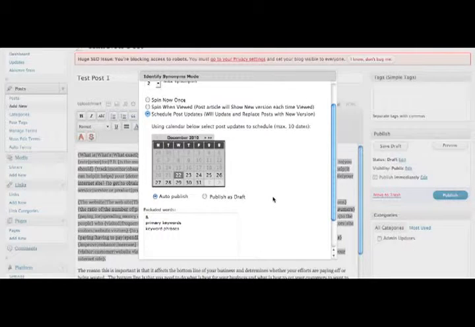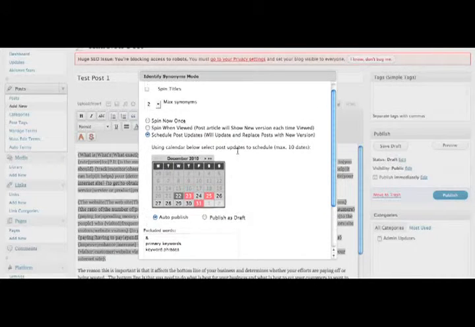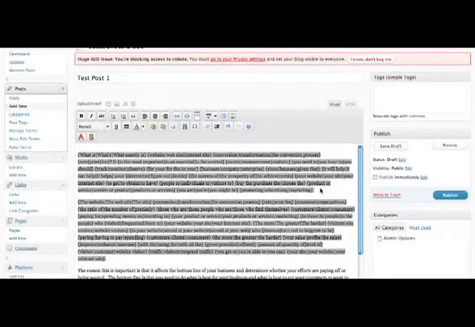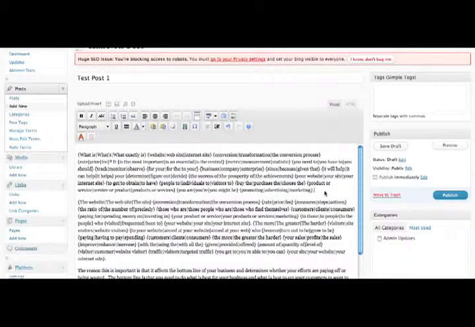Okay, by checking my number of synonyms, I can now pick the dates that I want to update this content. Okay, and I can also use the spin when viewed option that I had before, where I can just use that spin now once function. Okay, but right now it's being spun once. I can click on publish,